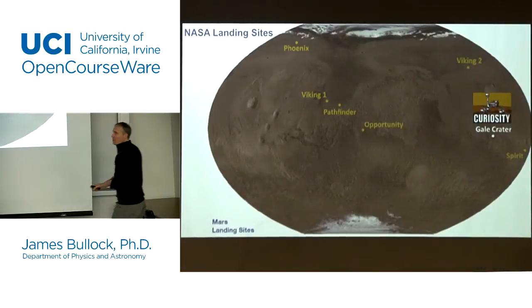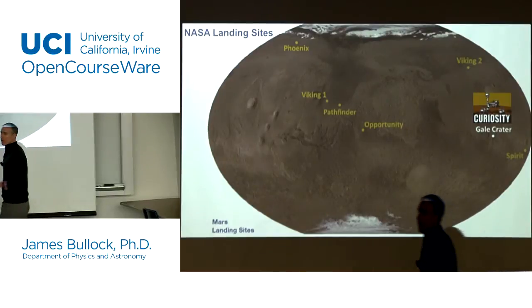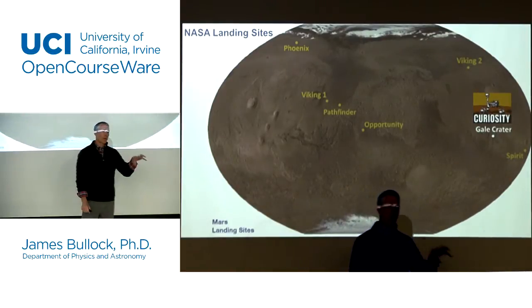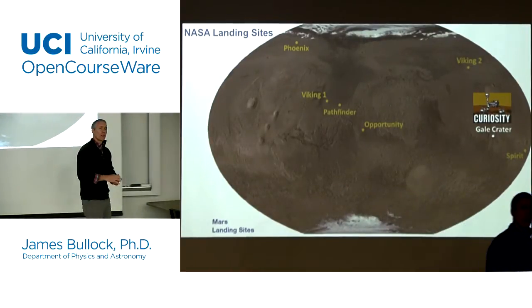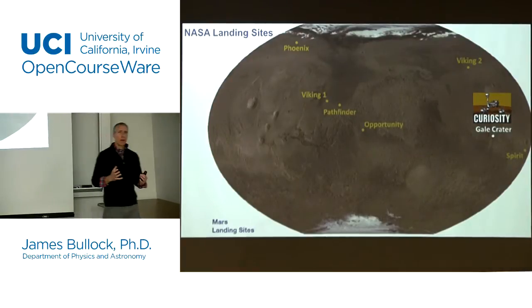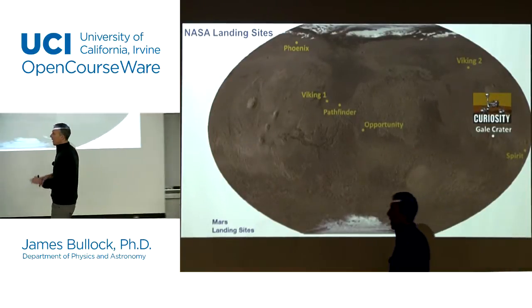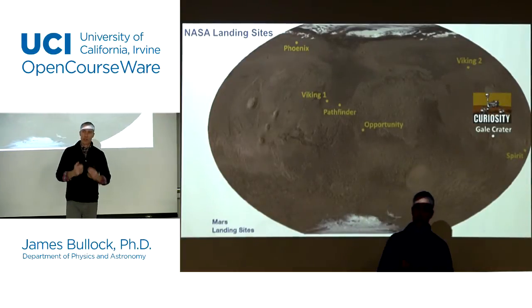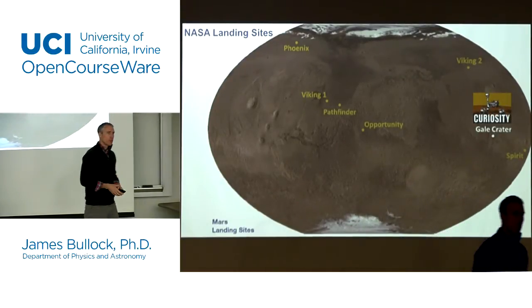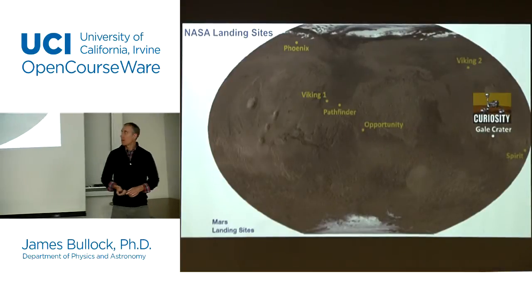So far, we've done an incredible amount of surveying of Mars. Since this early time where we didn't really know what was going on with Mars, today Mars is an incredibly well-mapped planet. I mean, you can go online today and basically get a global picture of Mars. It's incredible the precision to which we have mapped the surface of Mars.